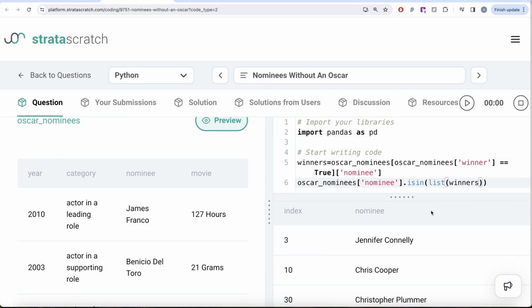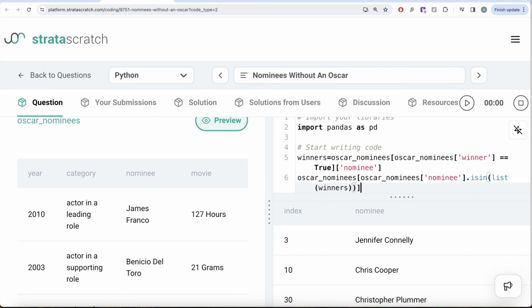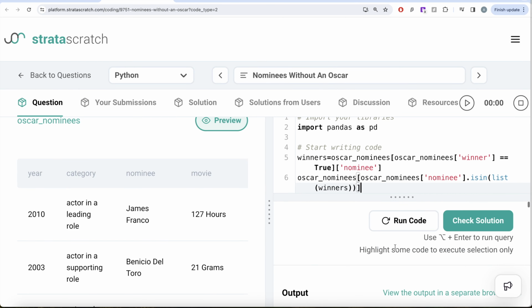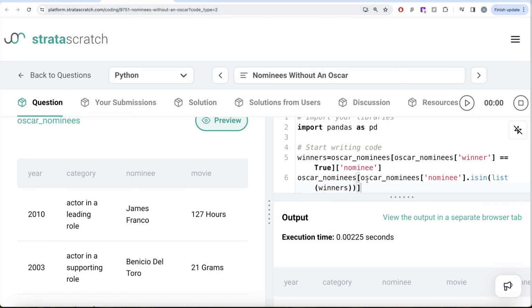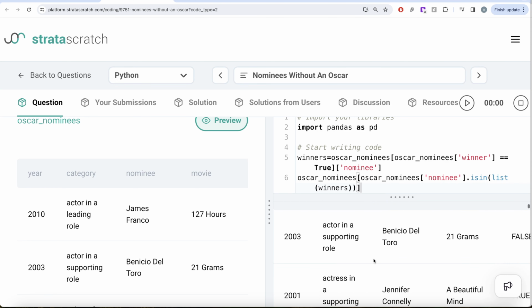So this is going to give us true and false values. And if I pass this entire thing to Oscar nominees, this is going to give me all the details about the people who have won the Oscar. It might sound like I got the names of the people who won, and then I'm trying to get the same thing again. So here I'm just trying to get all the information about the people who won, but actually I will tell you why I'm doing this.